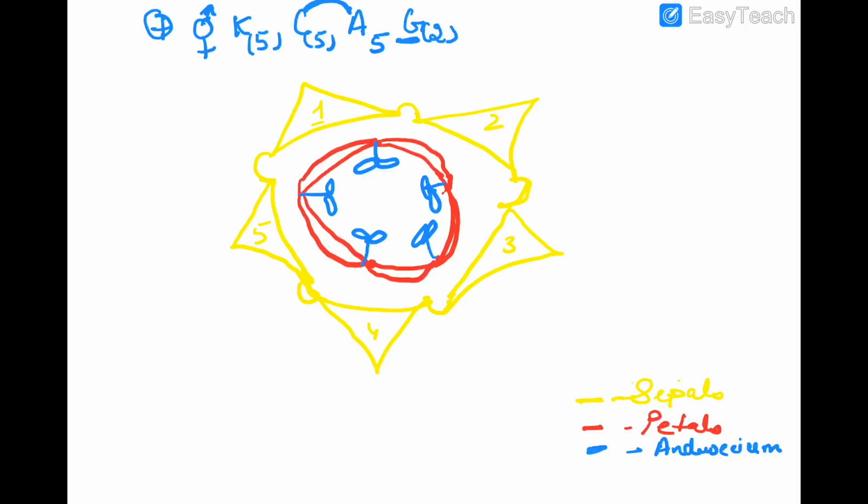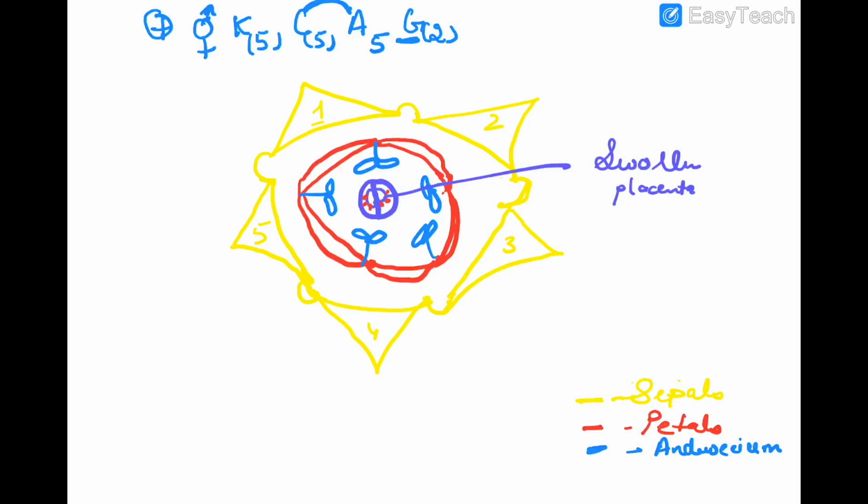Now let us draw a gynoecium. Here, it is bicarpellary, and I have already told you, it is bilocular. So it has two locules, and the placenta is swollen. This I have shown, the swollen placenta. And around the placenta would be many ovules, which are attached. So this is the gynoecium which I have drawn in the center. So this is the floral diagram of family Solanaceae.